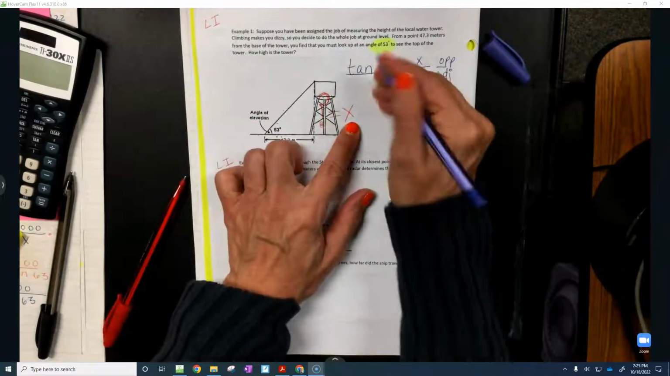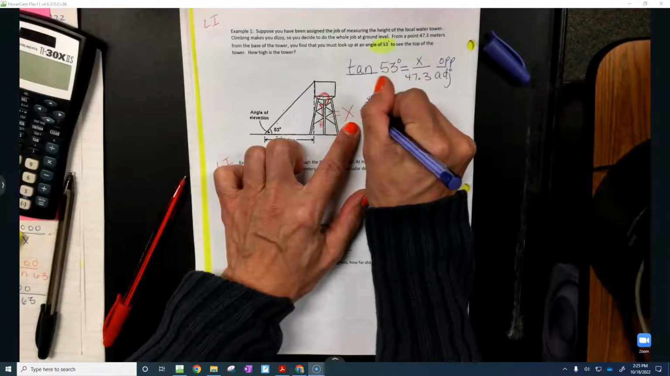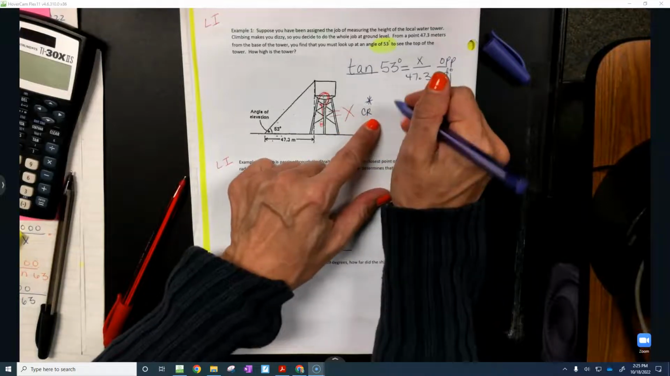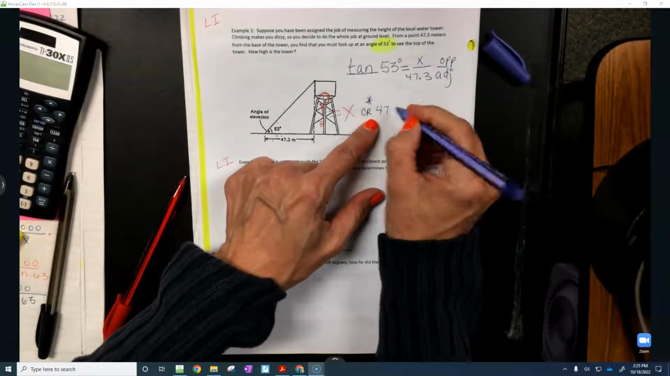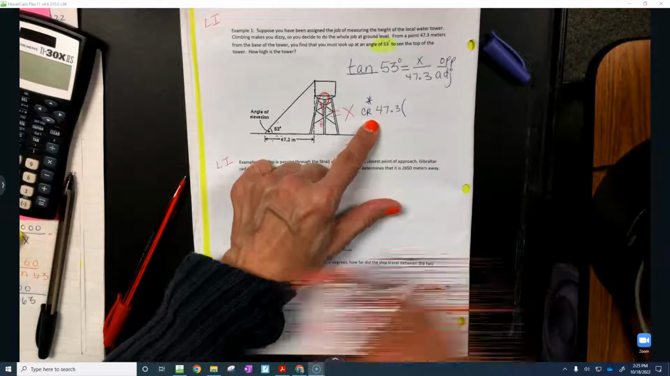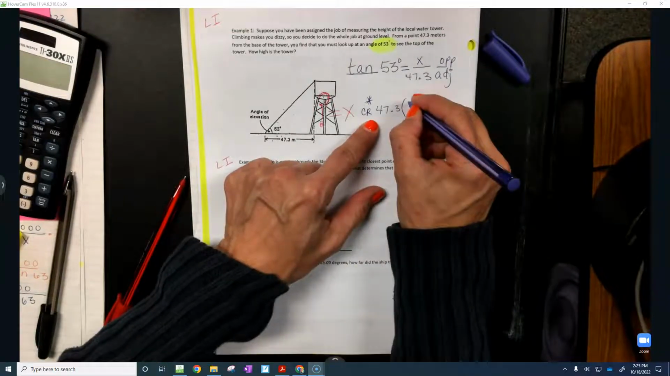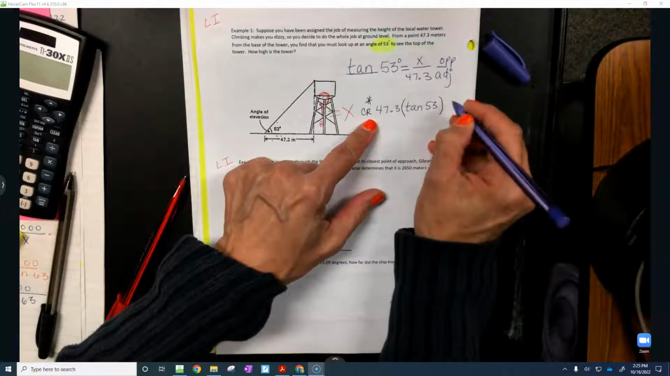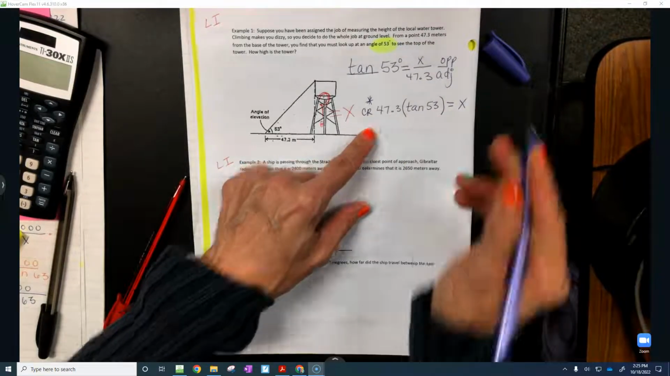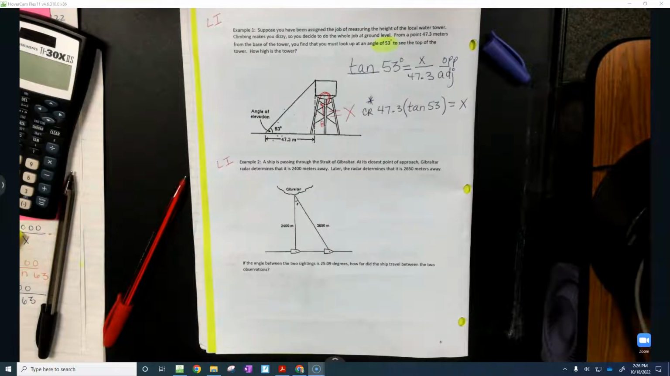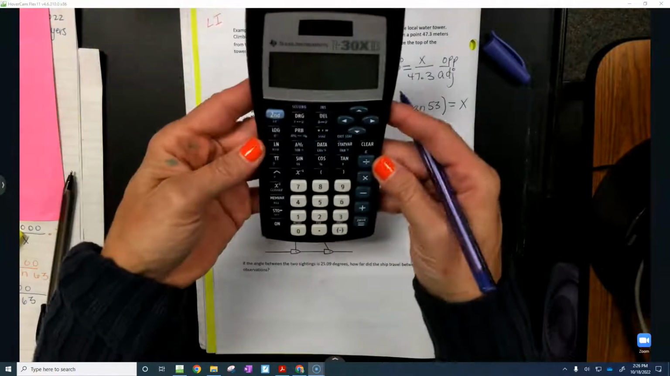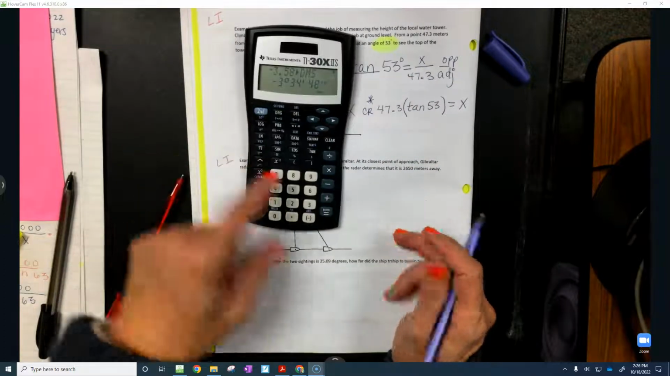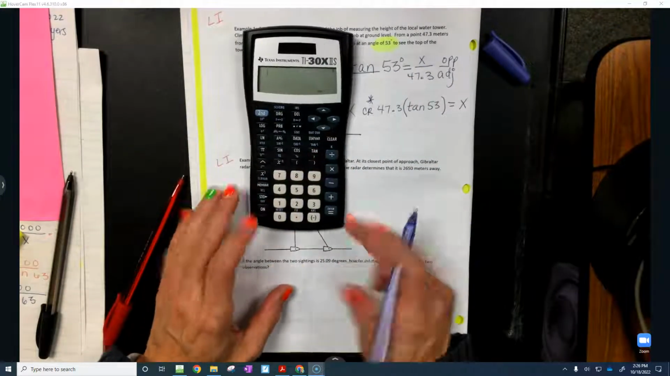On the left-hand side, this is going to be calculator ready. It is going to be 47.3, open parentheses, tangent 53, close parentheses, equals x. So, turn on your beautiful little calculator. Let's hit clear. Let's type in